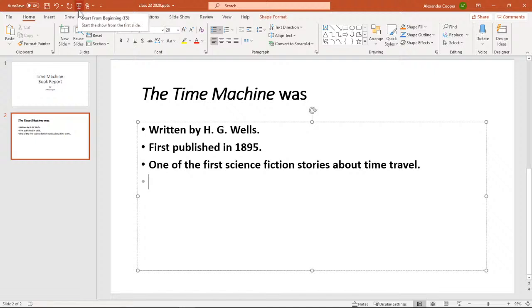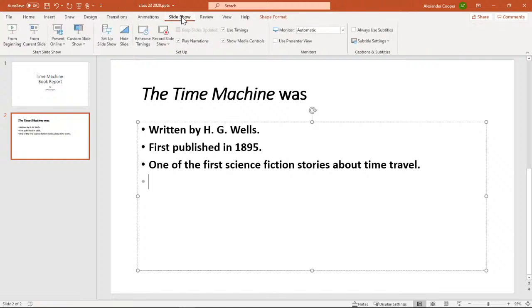Now, on most of them, it should be up here. Remember, it is the F5 or function 5 key on your keyboard. Will start at any time. If you go here to where it says Slideshow Tab, you have some options. A lot of people will never use these other options here, but two that are important are the From Beginning, which is the F5 key, and From Current Slide.